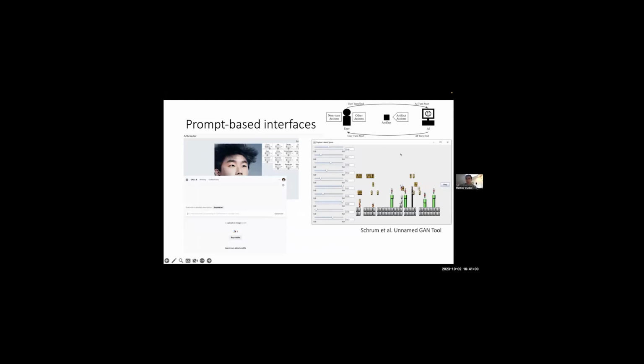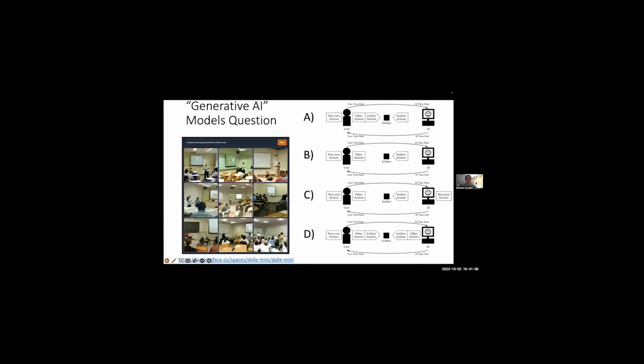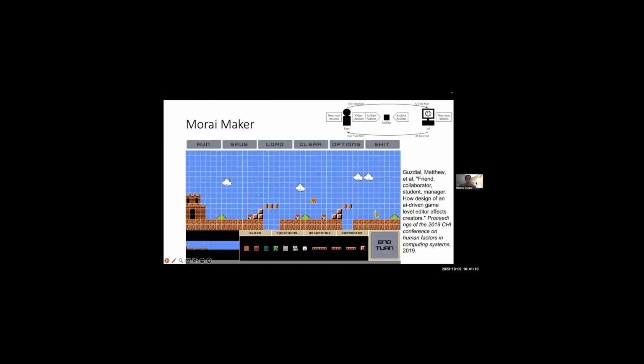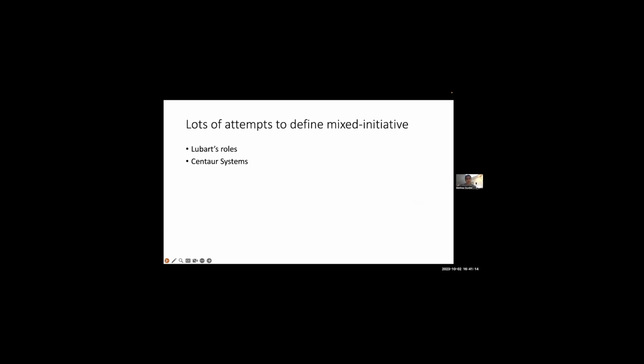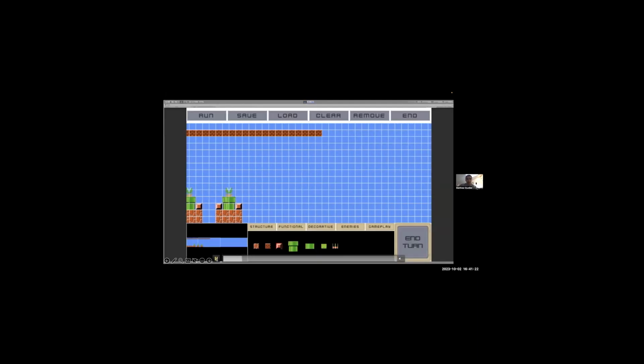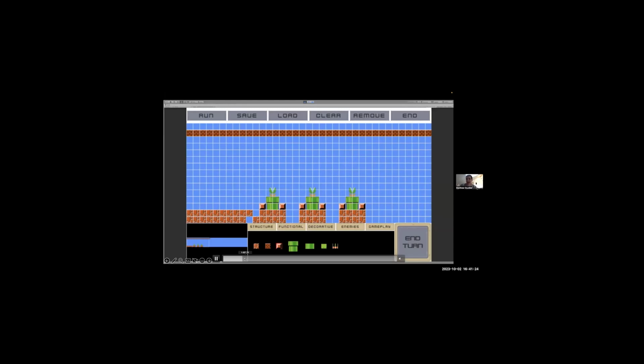So Artbreeder is not. Shermidal's unnamed GAN tool is not. DALL-E is not. Running live ChatGPT type models or Stable Diffusion type models, none of those are using reinforcement learning either, right? So that's actually the rare case. The rare case is something like this Mario Maker thing, where I'm giving feedback live to this thing and it's trying to make adjustments based on that.